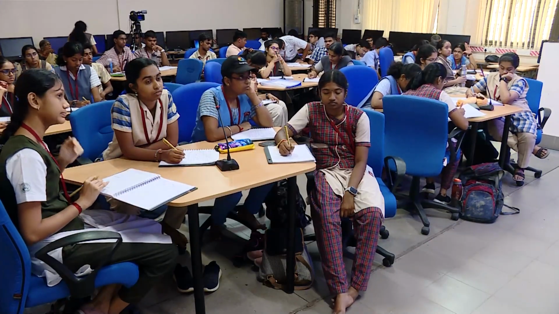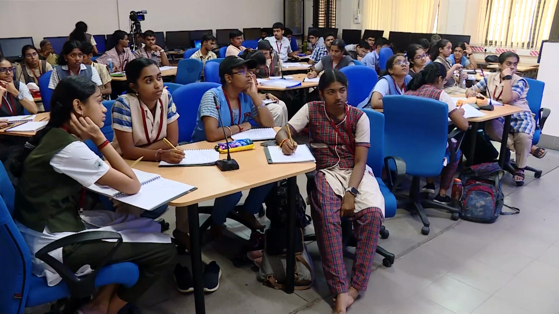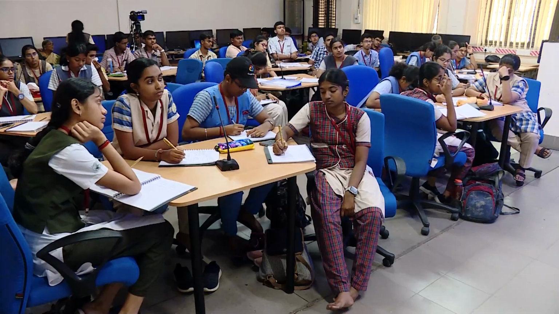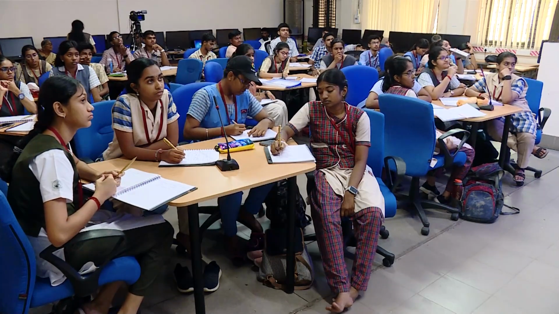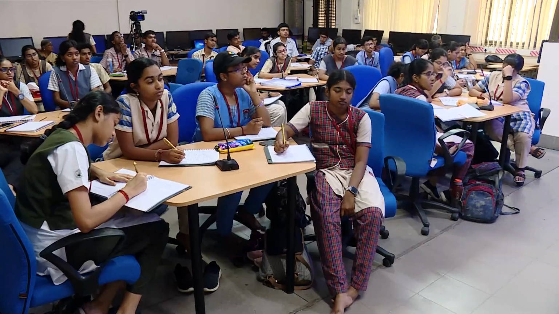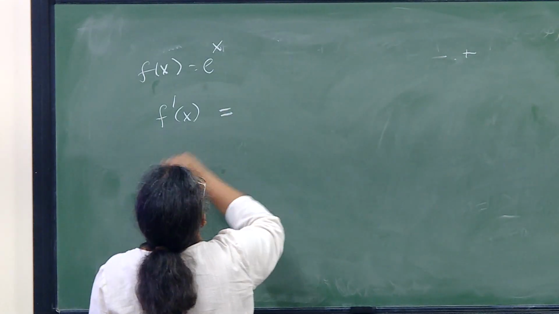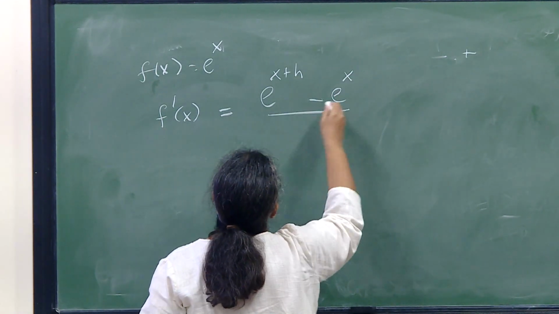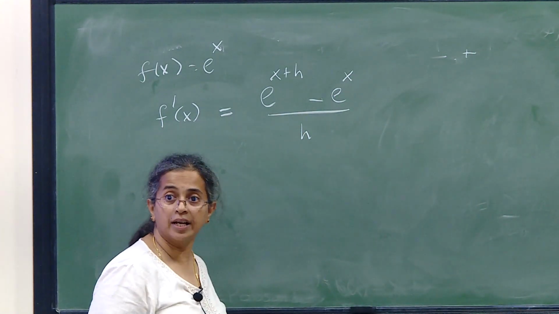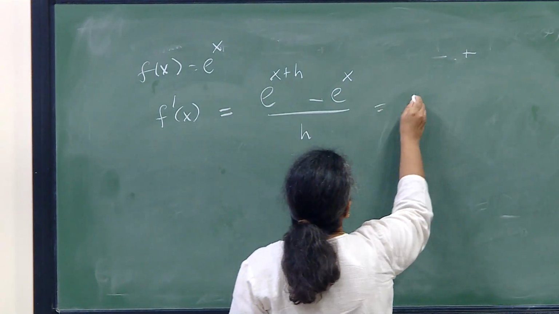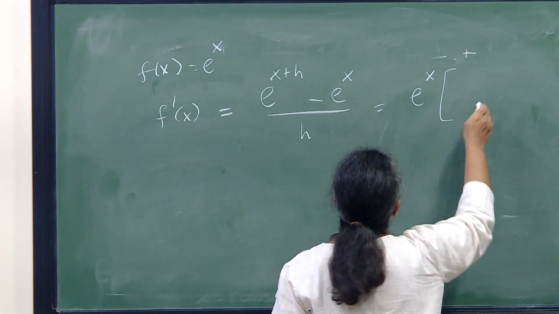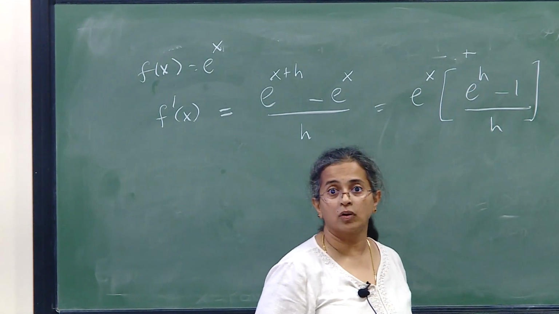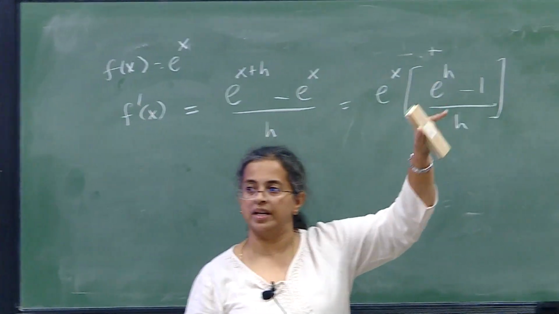So let us take f of x to be e to the x. I can of course evaluate it at any x I want. So now let's try what's going to happen if I do f prime of x using forward or backward difference. If I do that, this will be e raised to x plus h minus e of x divided by h. Correct? I can pull e power x out. So it would be e power x into e^h minus 1 over h. Backward difference would be 1 minus e to the minus h.